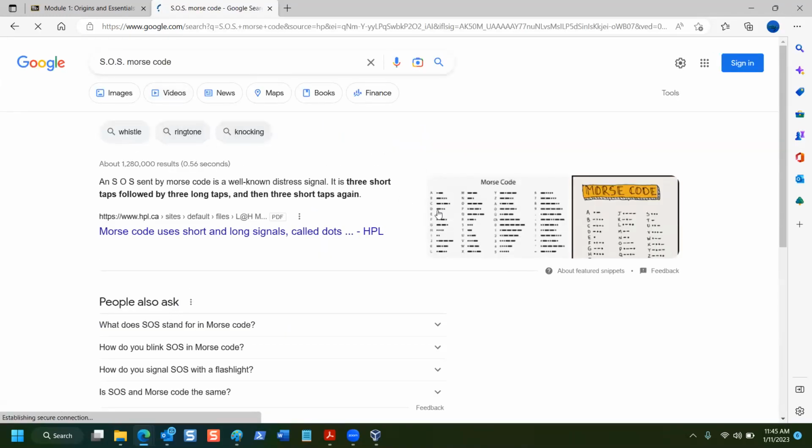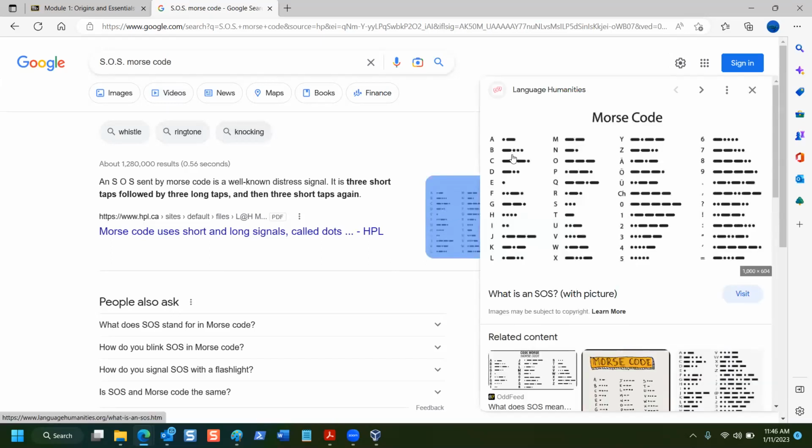Back in the day, with the series of dots and dashes, you would press the button and hold it down a little longer, that's the dash. You'd hit the button quickly, that's the dot. If nobody's ever explained that to you before, now you have it. S is three short dots. Dot, dot, dot. O is three long dashes. So dot, dot, dot, right? And then you repeat it.